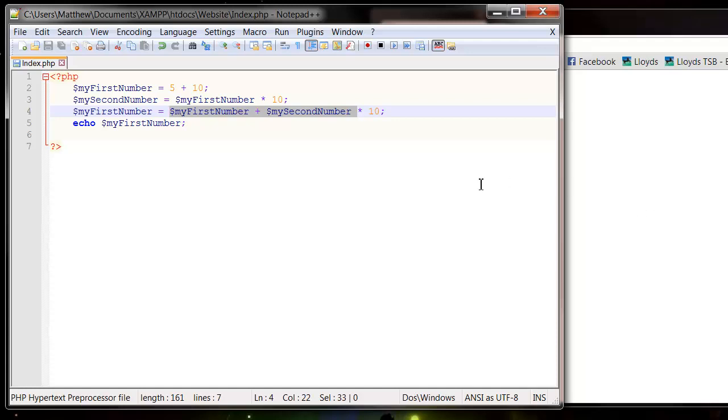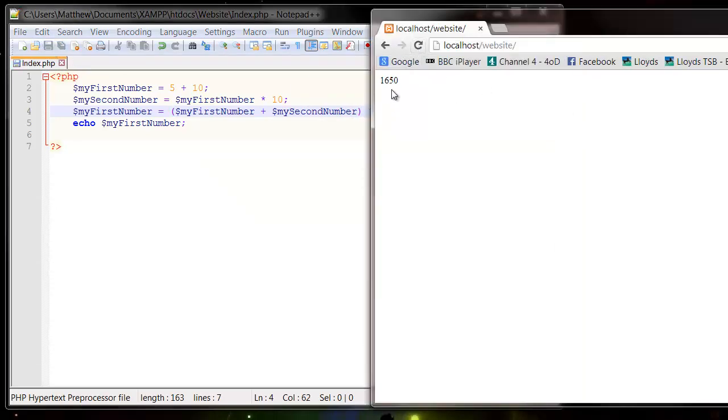It works the same way as normal maths does. If I've got a multiplication, that's going to take precedence over the plus. So it's going to do the multiplication first, and then it's going to add on the number. If you want it to multiply the whole thing by 10, then you need to do the same as you would in maths and just put brackets around that first part, press save and refresh, and then it's going to come up as